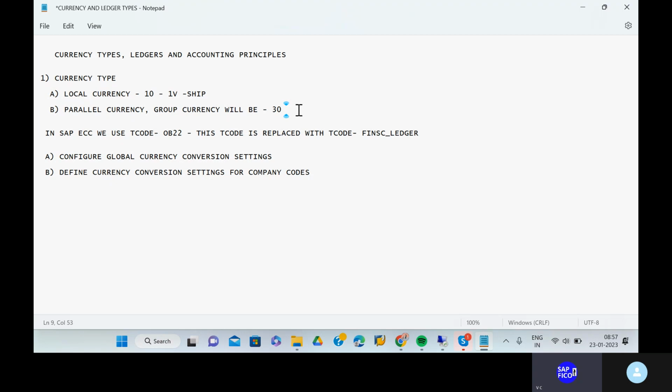And also, global currency is different. Okay, global currency is used for all company codes, and group currencies will be used for our own company code with the help of different types of currencies. Okay, so that is the most important thing right now, and we can call them parallel currencies. Now, can you go to the SAP system,